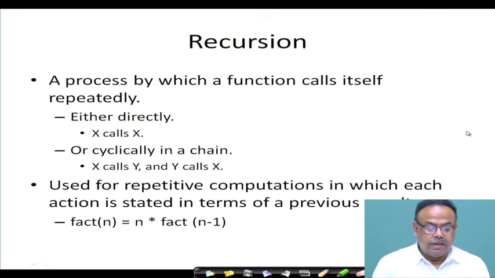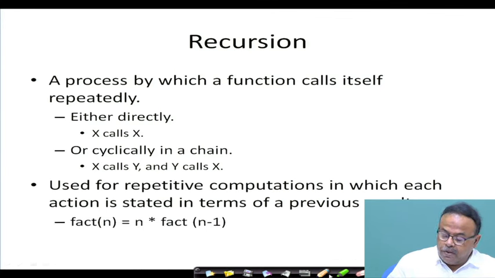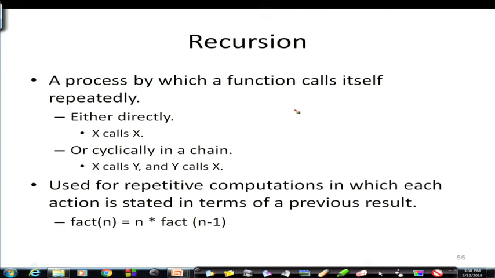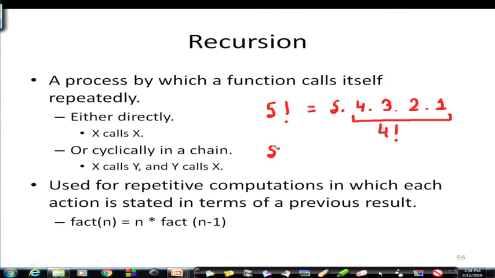The best thing is you look at this example, factorial n. All of us know that factorial 5 is nothing but 5 times 4 times 3 times 2 times 1. Now, you see the same thing I can say, what is this part? 4 multiplied by 3 multiplied by 2 multiplied by 1, this is factorial 4. So, you see I am expressing the factorial function in terms of itself: 5 times factorial 4, and factorial 4 can again